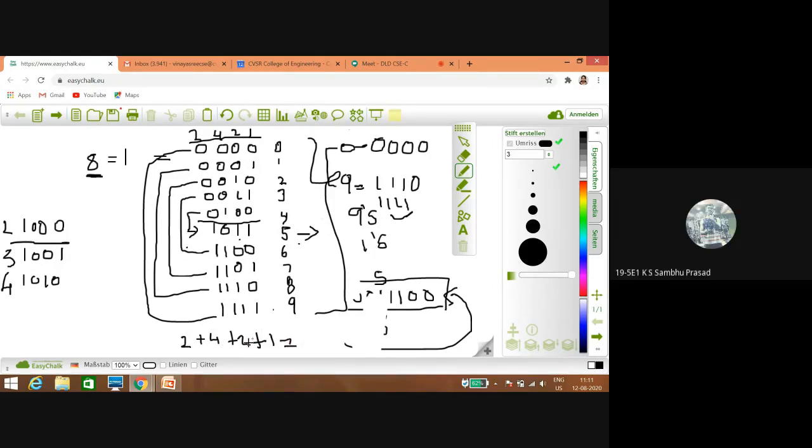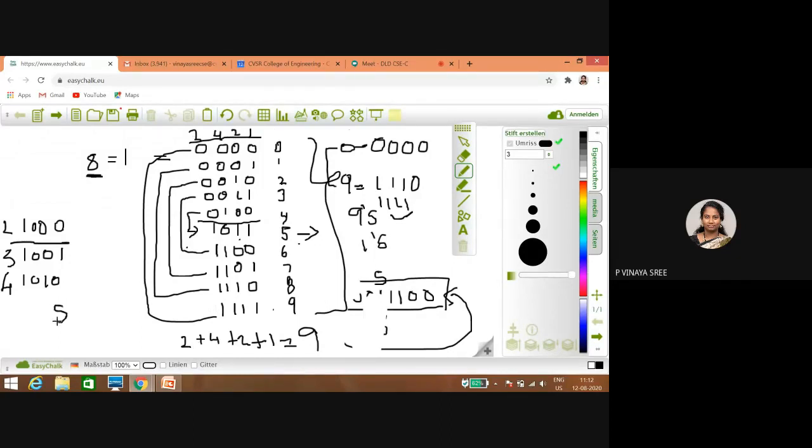If you add the total and you're getting 9, that means it is a self complementing code. So in the exam, if you forgot which one is self complementing, why? Because we have so many codes like XS3 code, gray code, BCD code, so many will be there, right? So which one is self complementing code? To know, simply add the weights so that you will get whether it is self complementing.